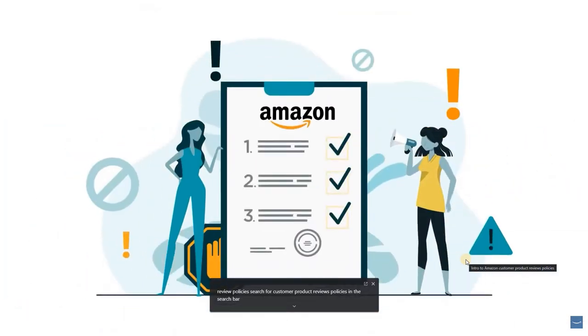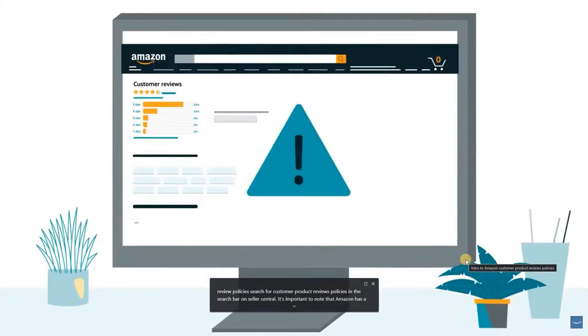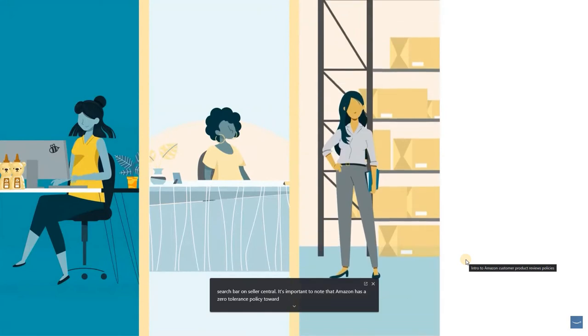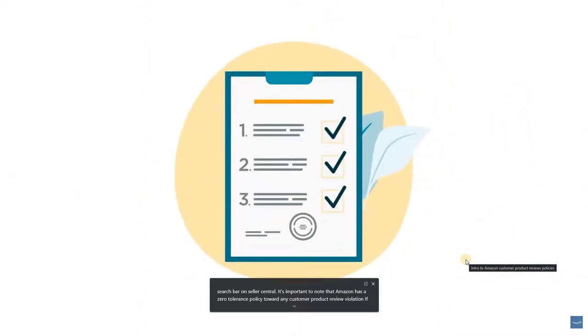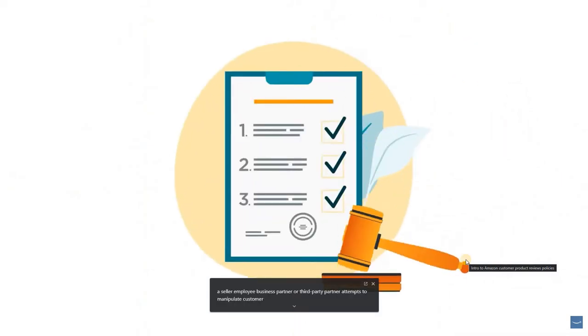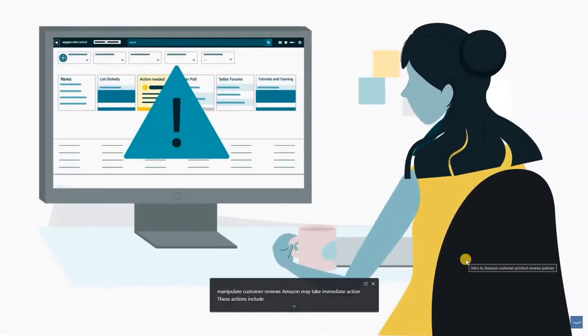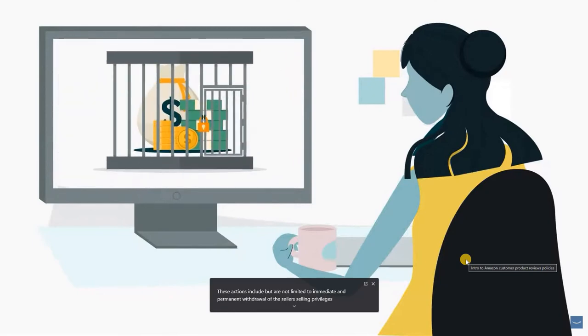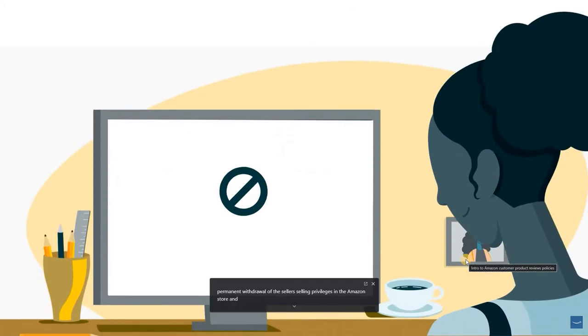It's important to note that Amazon has a zero-tolerance policy toward any customer product review violation. If a seller, employee, business partner, or third-party partner attempts to manipulate customer reviews, Amazon may take immediate action. These actions include, but are not limited to, immediate and permanent withdrawal of the seller's selling privileges in the Amazon store and withholding of funds,